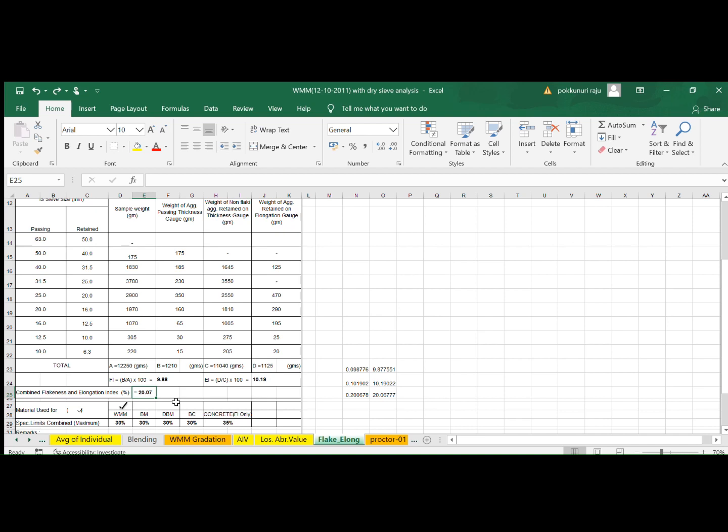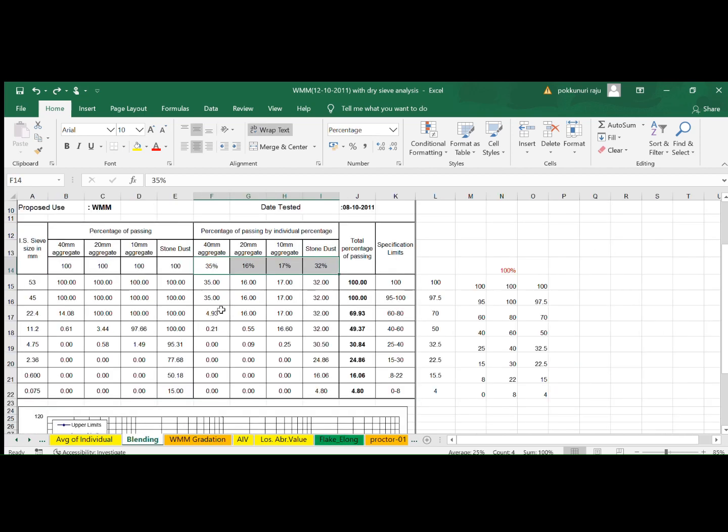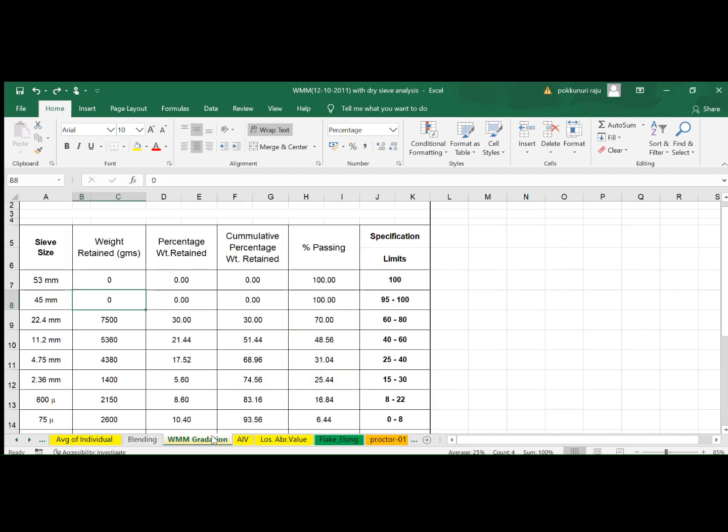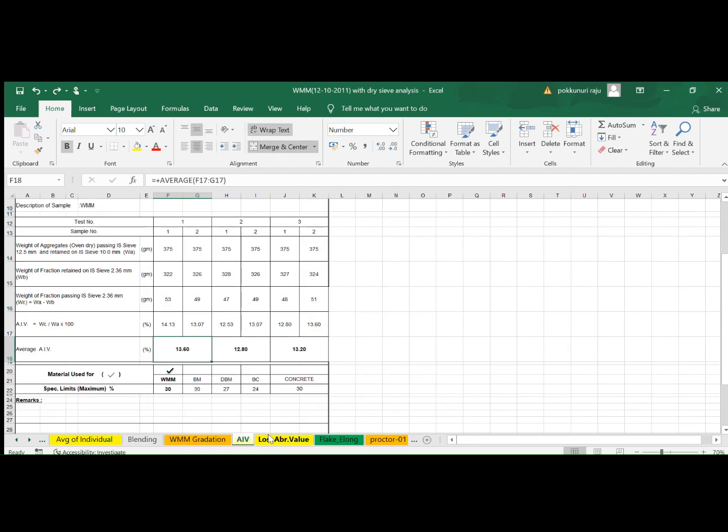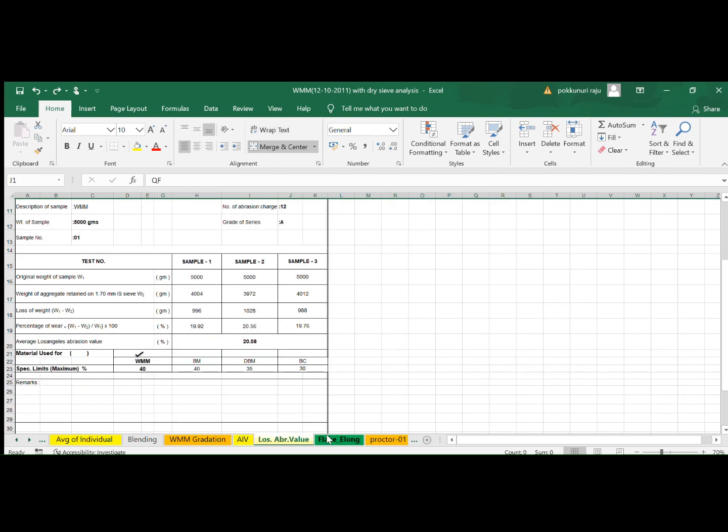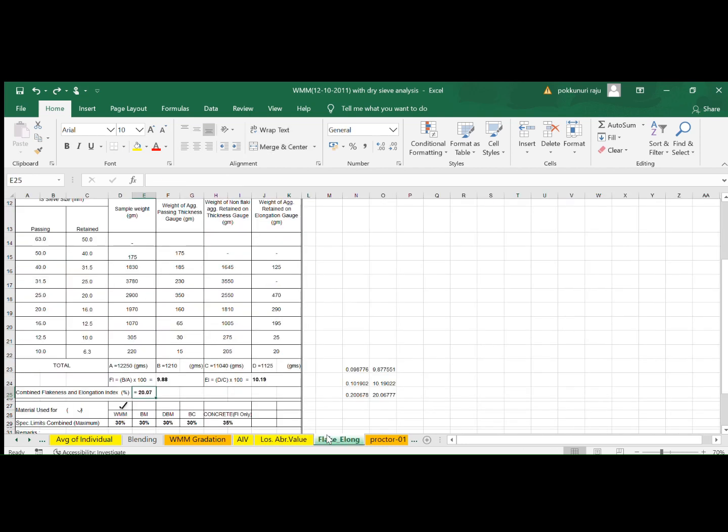Hence the WM mix is meeting the flakiness and elongation index requirement also. So this clears that the mix proportioned as 35% of 40 mm, 16% of 20 mm, 17% of 10 mm, and 32% of stone dust is meeting all the physical requirements: grading, AIV, LAV, and flakiness and elongation index.